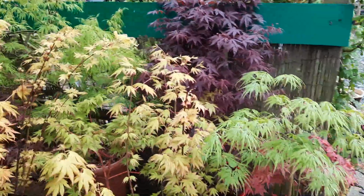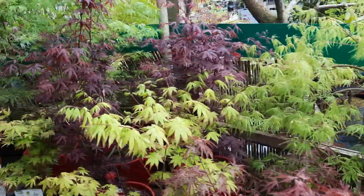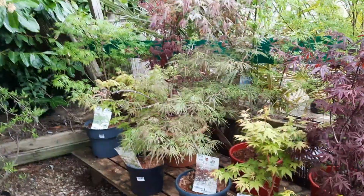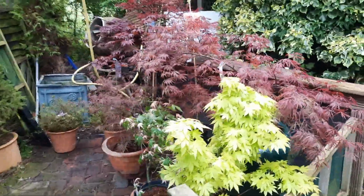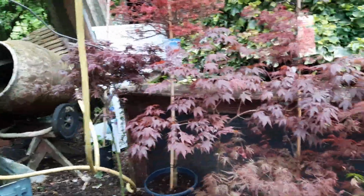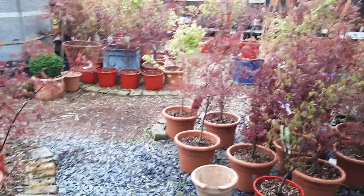Right, so we've got acers, vary from £20 to £70, and then there's a few standards at £120. So there's some acers, a few more acers. So there's some of those, and